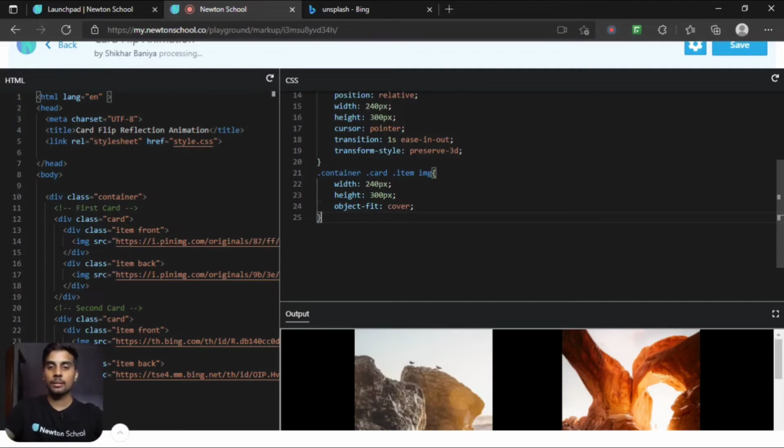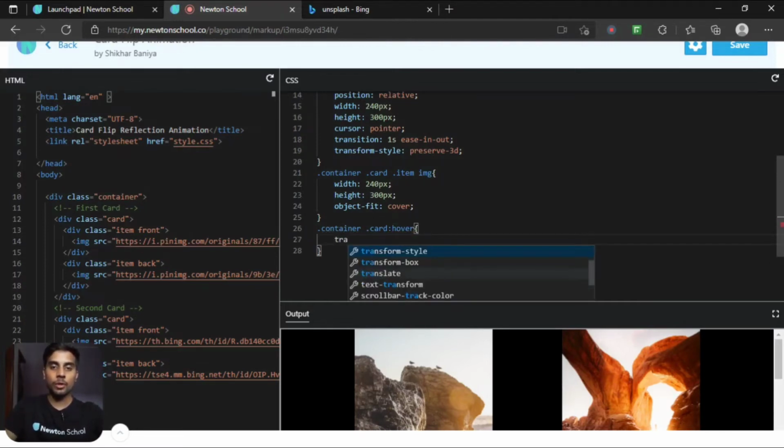All right. What's next? Container dot card. Okay. So what I want when I'm hovering over these two, I want to flip it. Okay. I want to rotate it along the y axis. So hover, and I want to transform it.